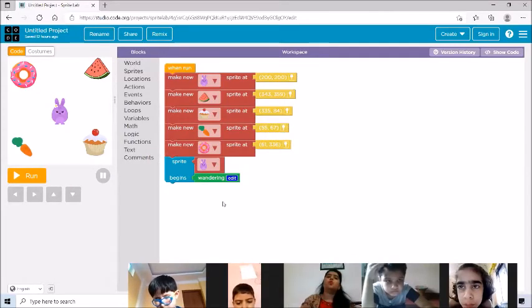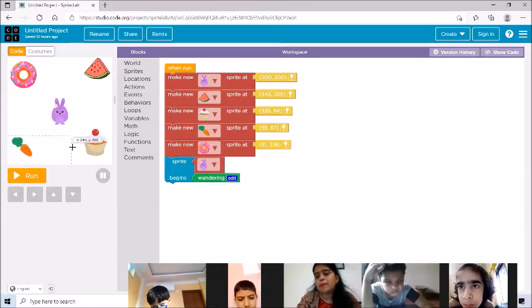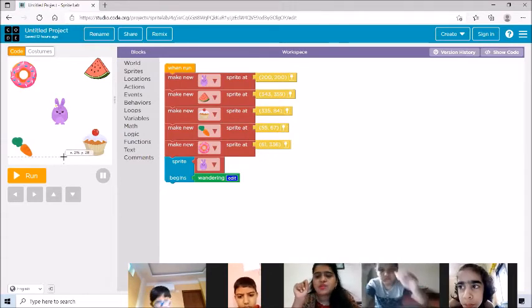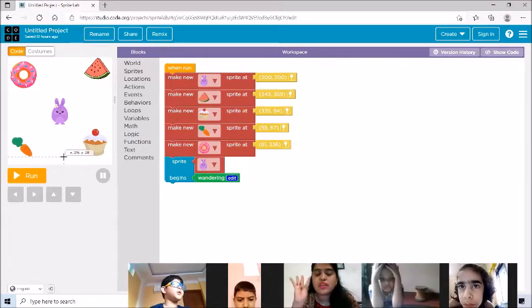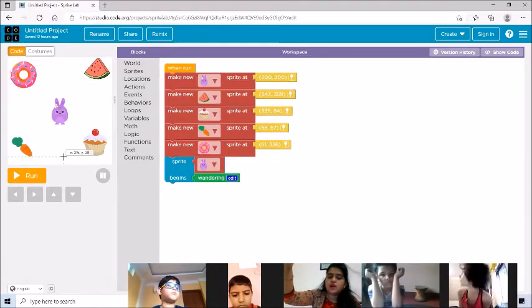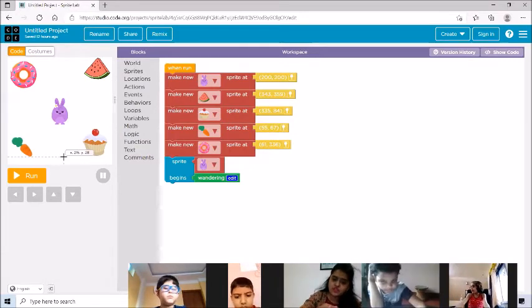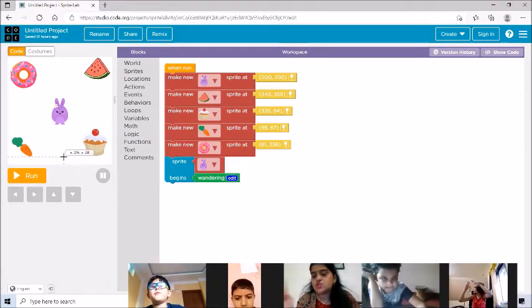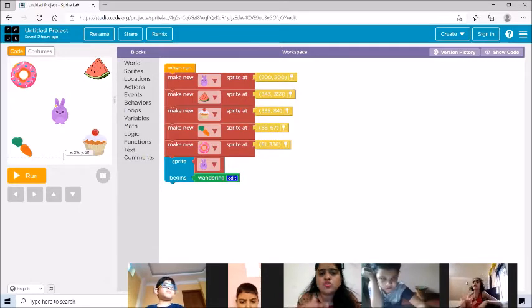Okay. Now what we will do, now I also want that I would be able to move the bunny using the arrow keys on my keyboard. Okay, so there are 4 arrow keys on the keyboard. One is to move up, the other one is to move down, the left one is to move on the left, the right one is to move on the right. Everyone can see that we have four arrow keys that you usually use to play games also, right?